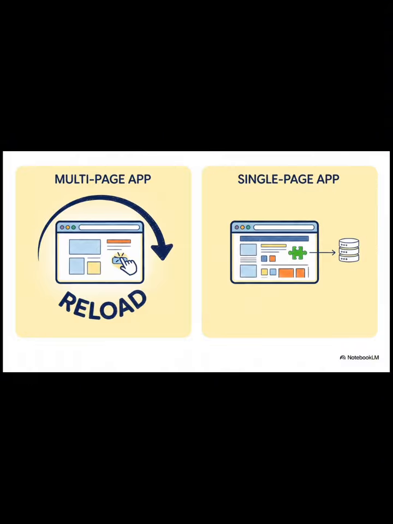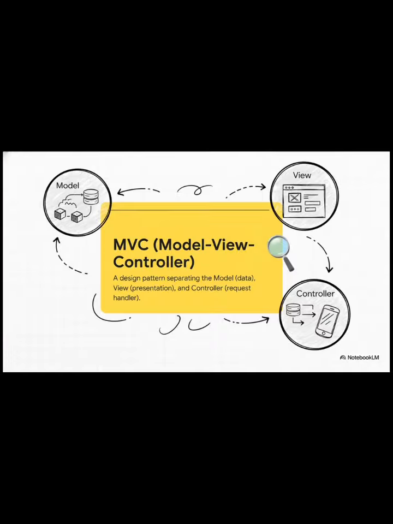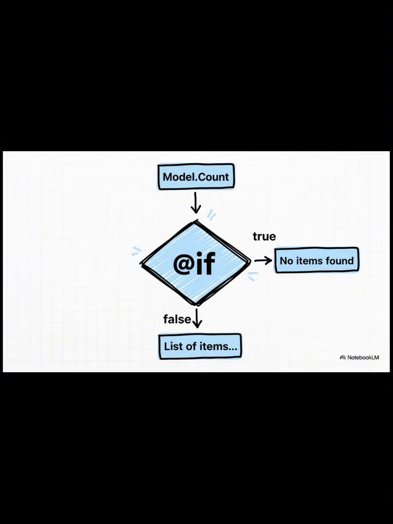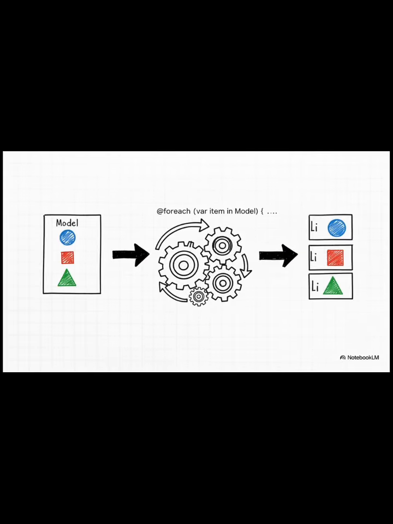All right, the server has to build a response. It could be a classic multi-page app with full reloads. Or it might use the MVC pattern to keep things clean, separating data from the presentation. Views often use Razor to mix in C# code, like this if statement for showing a conditional message. And check this out. A foreach loop makes it super easy to render a whole list right into the